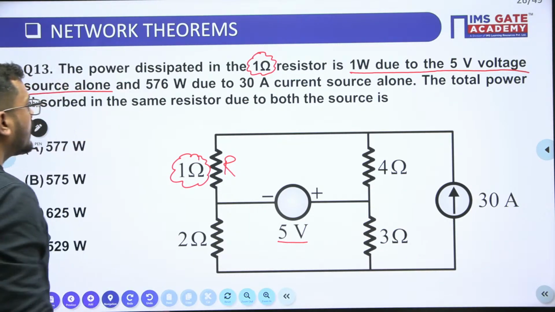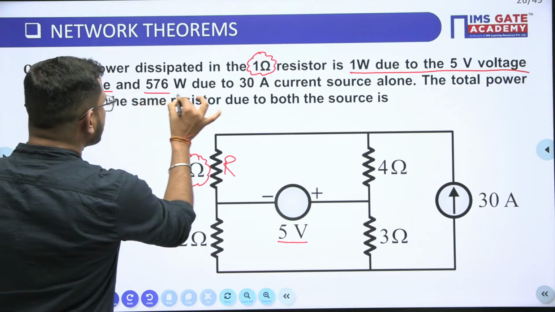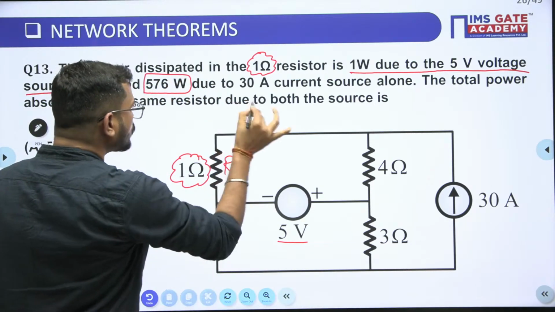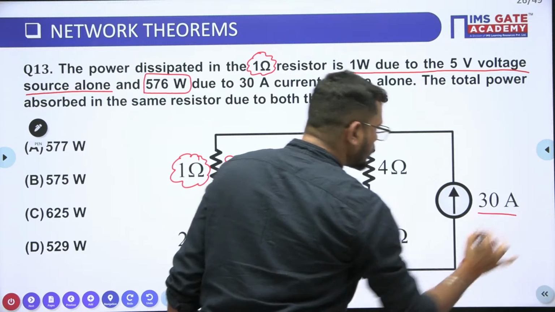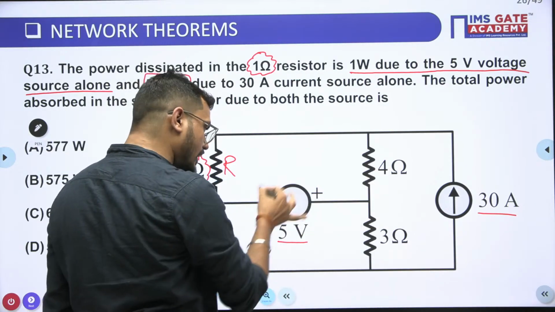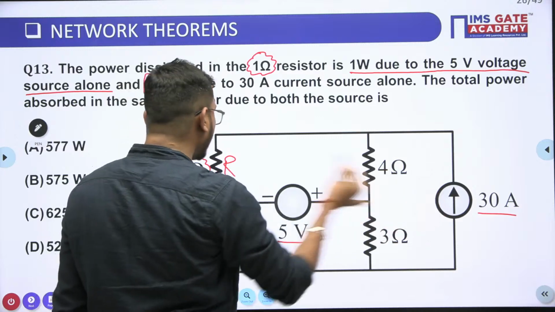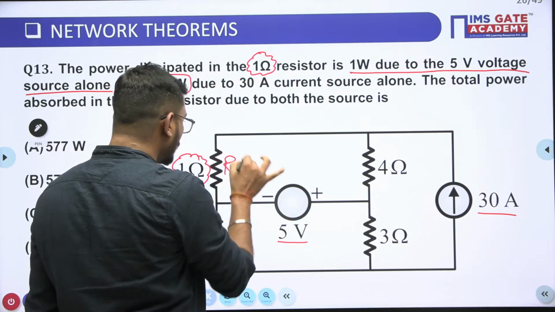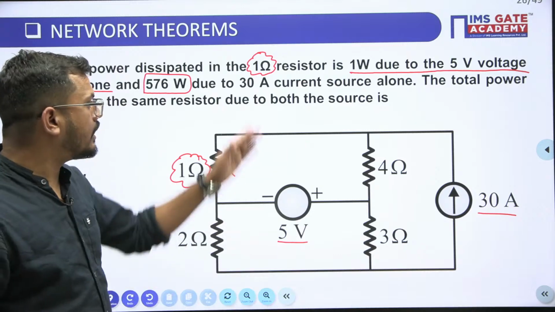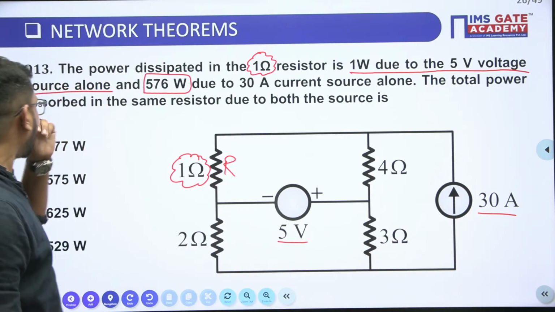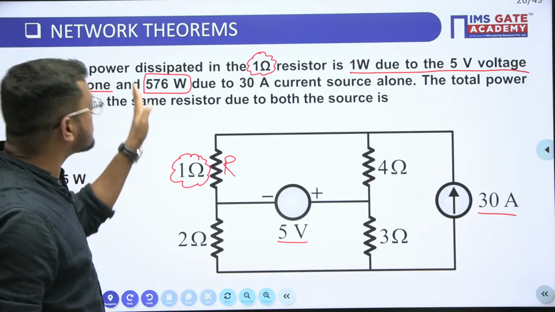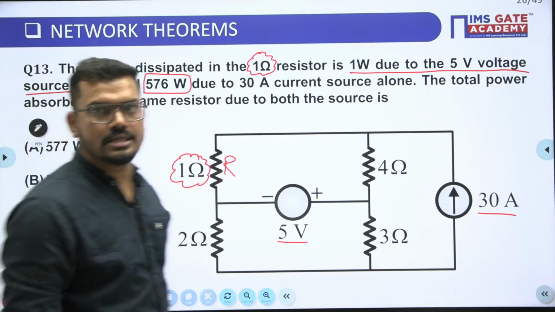Now, it is 576 watt, sorry, due to the 30 ampere source. So due to this current source alone, when it is acting alone, meaning when the other source is deactivated, the power through this resistance is 576 watt. Is it clear now? Now the total power absorbed